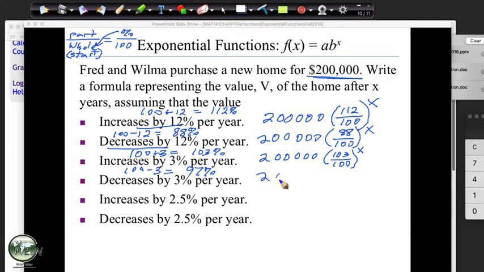So do the easy calculation first. Subtract it from 100, add it to 100, whichever way, if it's increasing or decreasing. And then this just reminds us we divide it by 100, turn it to a decimal, and there we are.